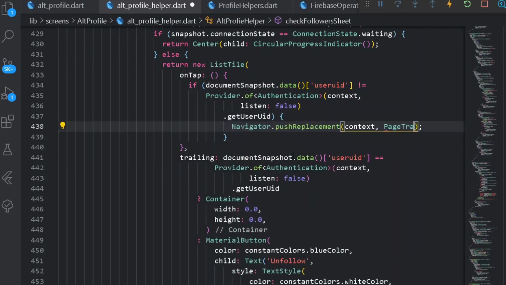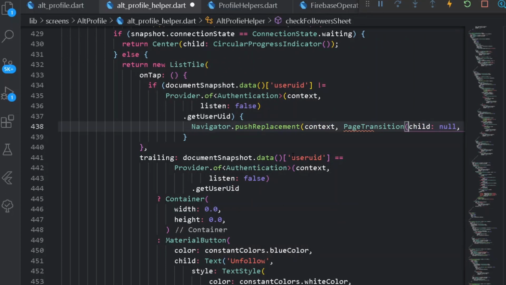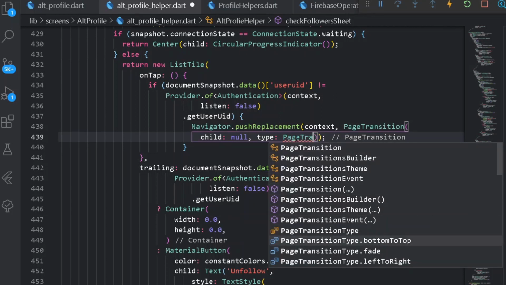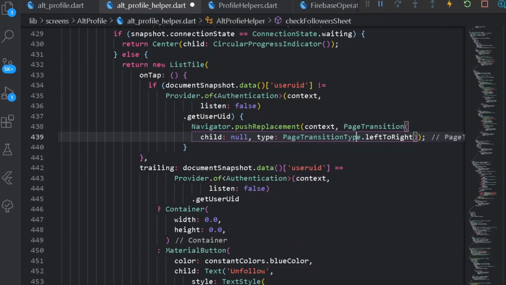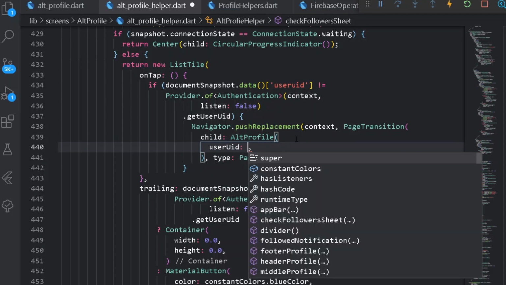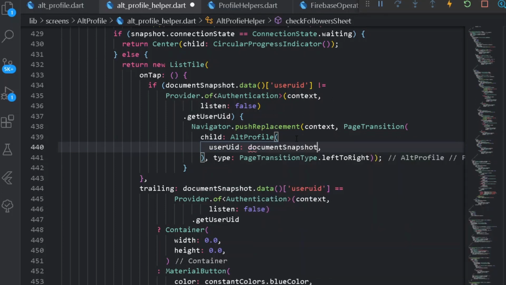Here let's have a page transition. Under a page transition let's have child and type, the usual thing. So for type I can have page transition type from left to right, and also an alternate profile thing. So here let's have alt profile. It will be taking the user UID, so let's copy user UID and paste on document snapshot.data under the following user